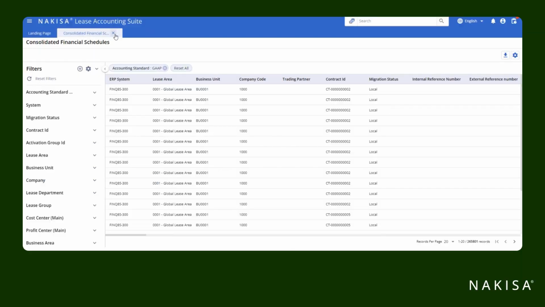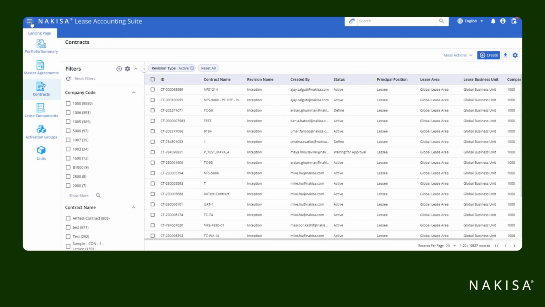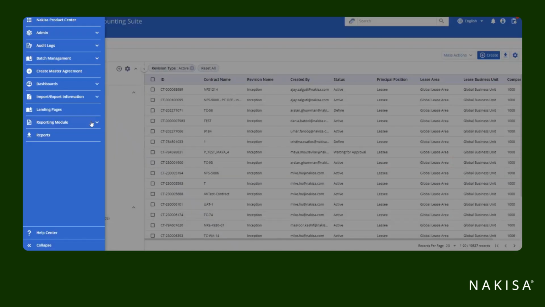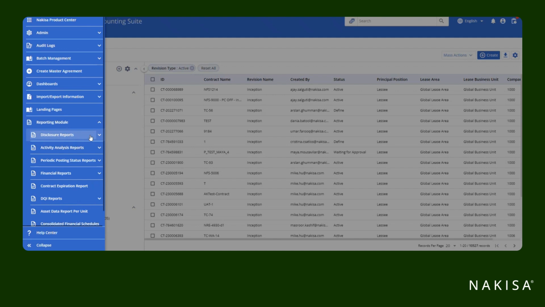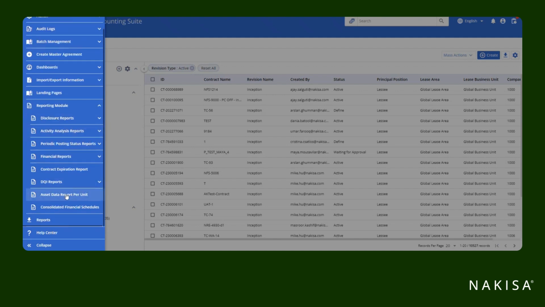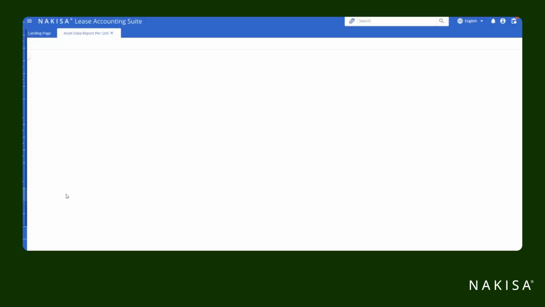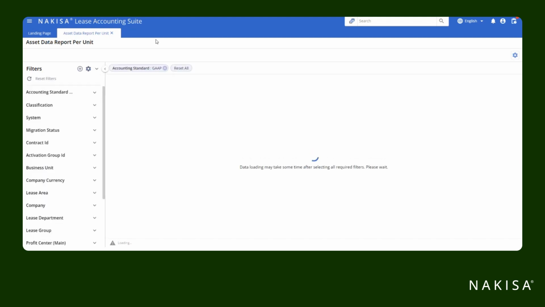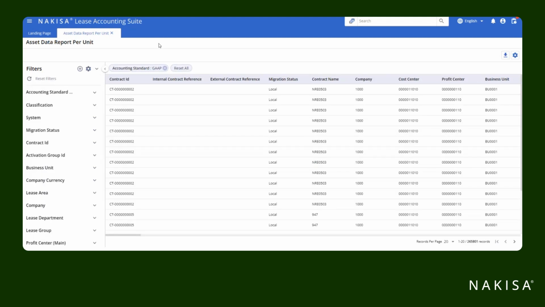Same thing for this report as well, and we have kept it easier. You can go to this hamburger menu by clicking on this reporting module. You can scroll down and you can see this asset data report per unit over here. So for this one, this is also enabled by default. You don't need to enable any fast switch, and this will be available to all of NLA reporting